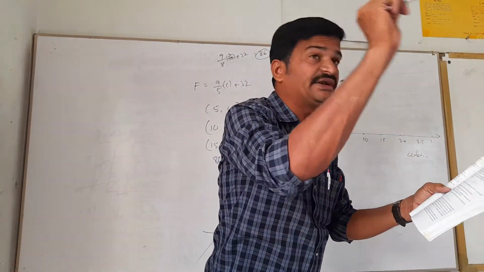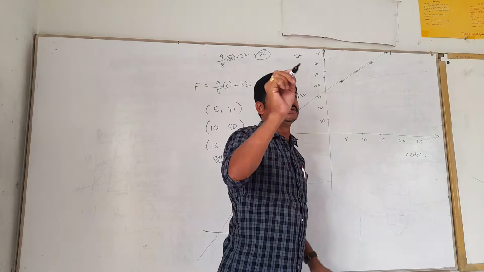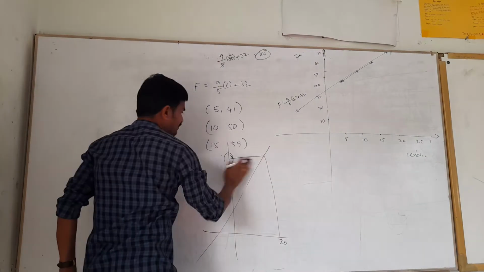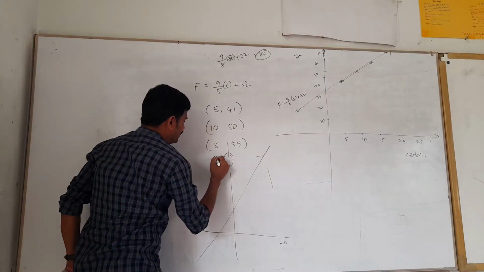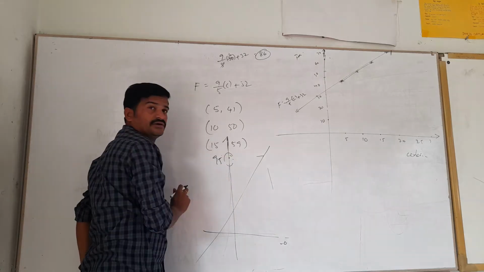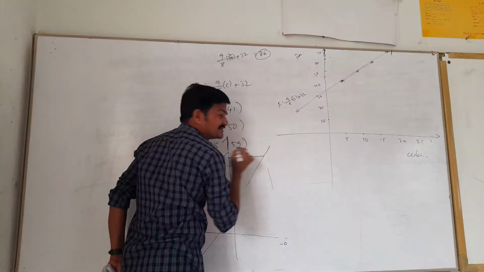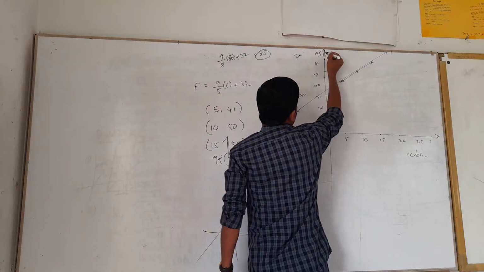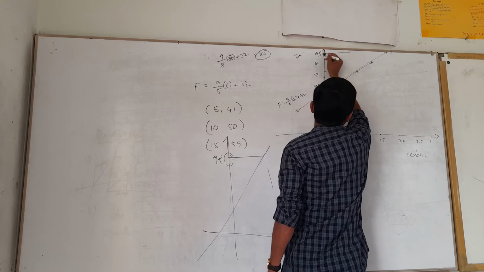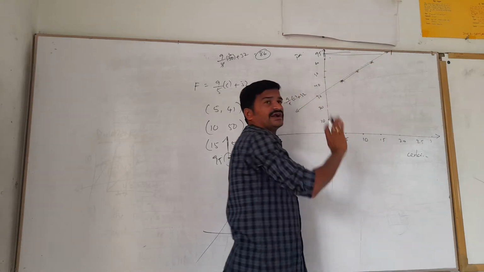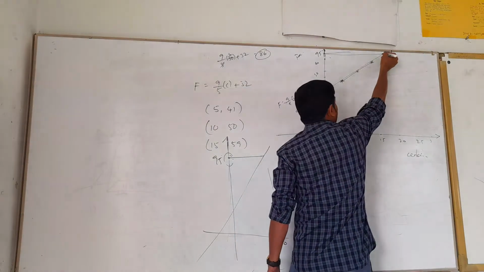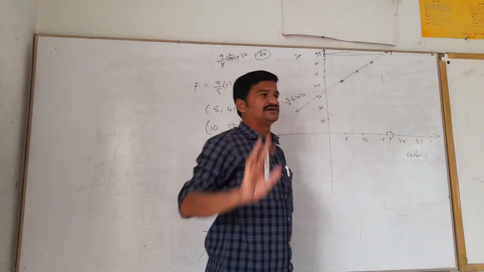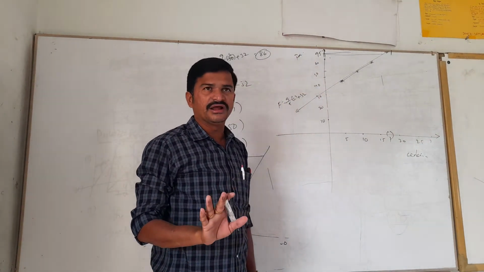Now the next one, what is the question you have to find? If the temperature is 95, what is the temperature in Celsius? Where is the 95? Here it is 95, let us take. 95 is there in Fahrenheit. From here you have to draw one line like this which intersects the given graph at some point. Now from there again you have to draw one perpendicular to the x-axis. What is the value there? That is the Celsius answer. Are you clear?